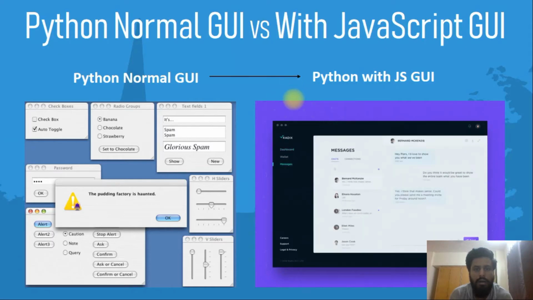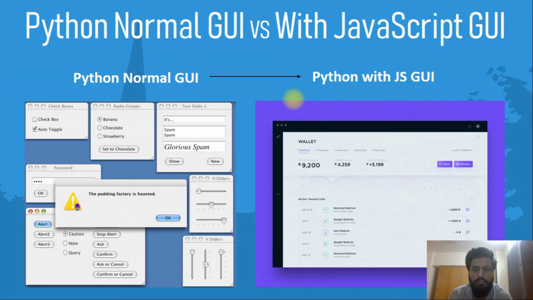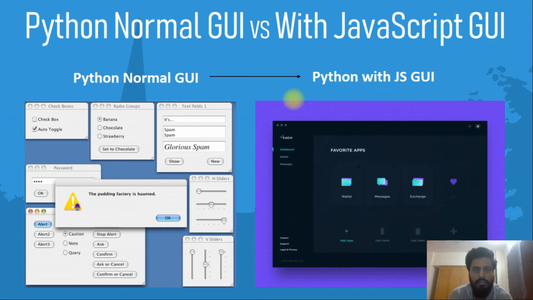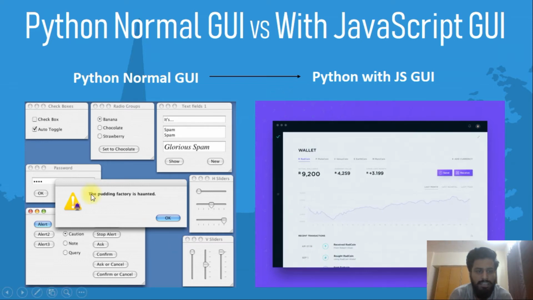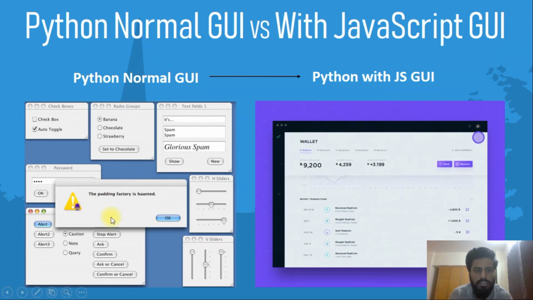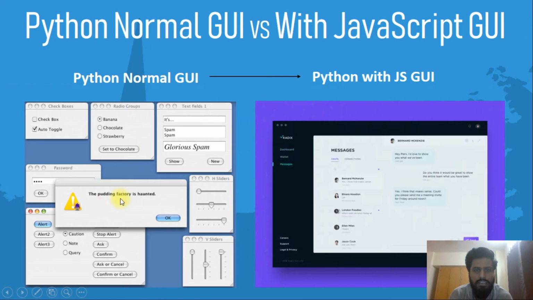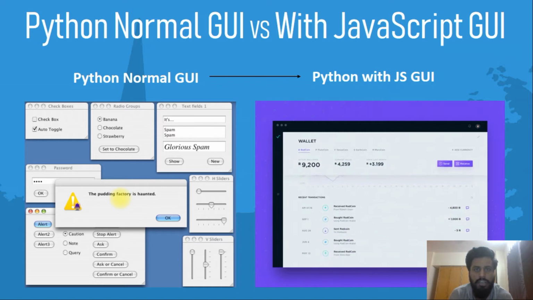The next thing is the difference between Python normal GUI and JavaScript GUI. Python normal GUI with the help of Tkinter, wxPython, PyQt, etc., can make these kinds of GUIs. As you see, these kinds of GUIs are still not that user interactive or aesthetic, not that classic type of application.